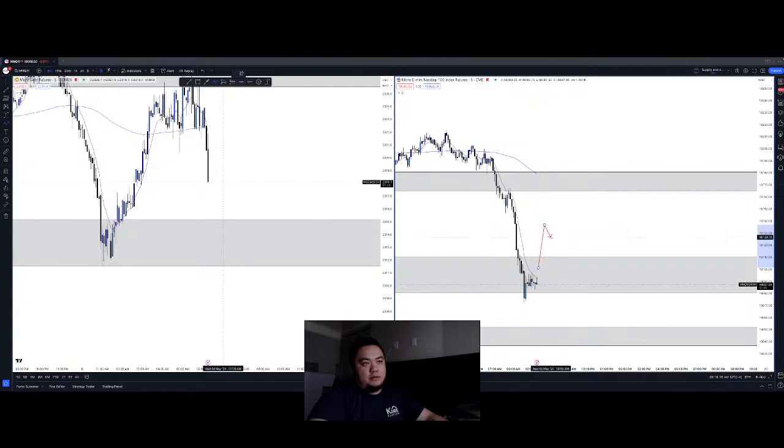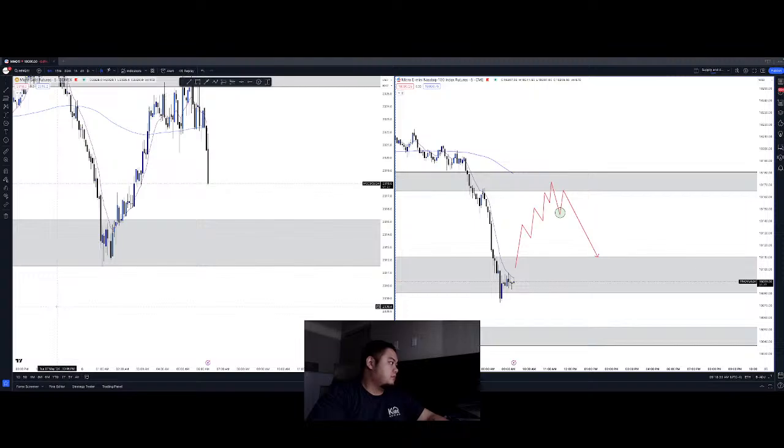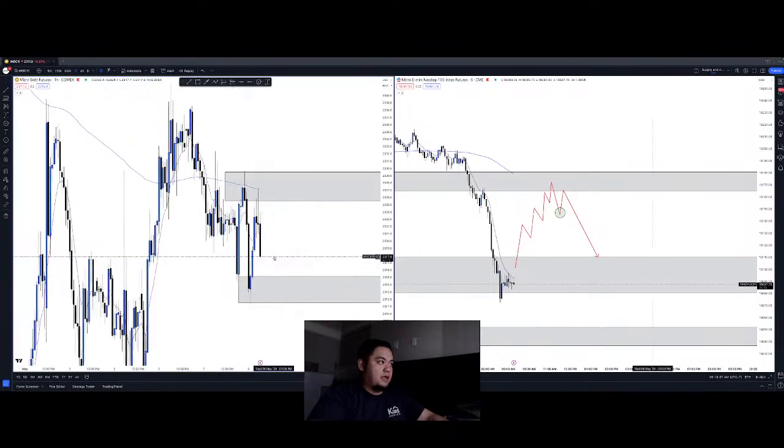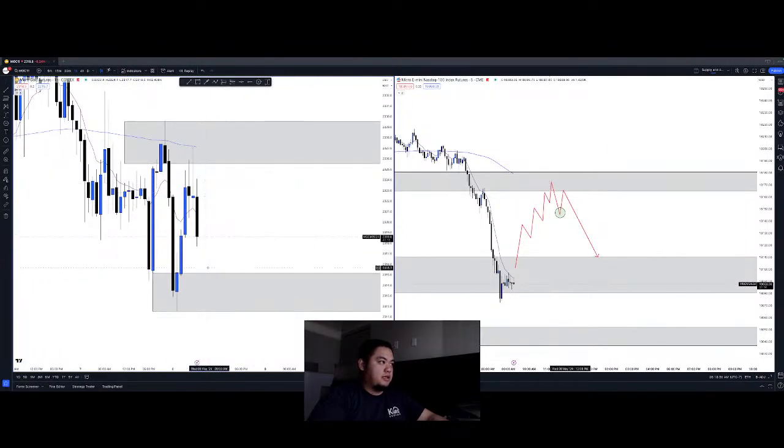So I would look for price to come up, create lower high, higher high, lower high, higher high, test the 200, have a breaker structure, enter in short to go here. And this would be my entry signal, which is that breaker structure. Yep, 5-minute time frame. That's what I use for entries. And then I do my chart analysis on the 1 hour. And that's where I build my supply and demand, which is what you see now. So here's the 1 hour demand, and then now we have a 1 hour supply that I can mark off.